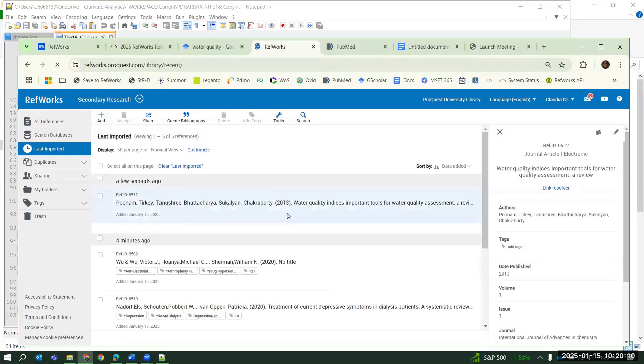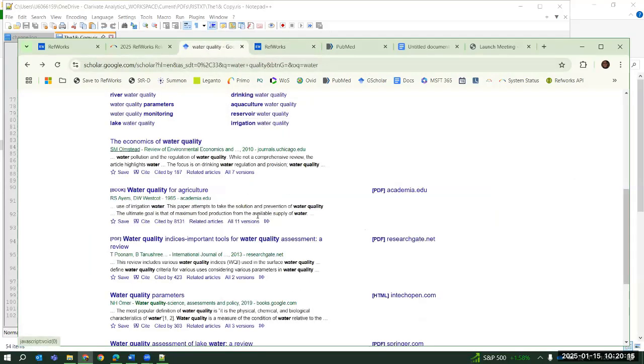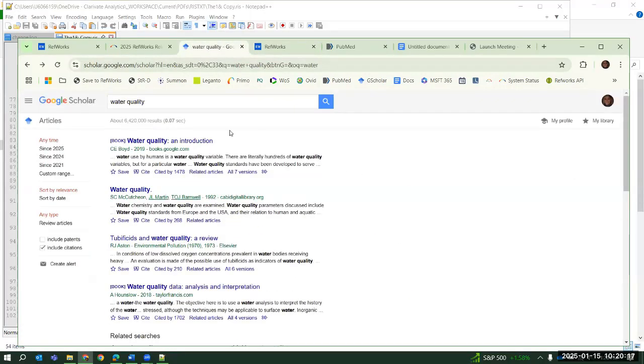And there it is. If you want to do multiple references from a site like this, and I'll show you this on other sites as well, you can use a Save to RefWorks tool. It's a JavaScript bookmark that you add to your browser, and I'll show you how to do that. And what you do is you're in your results list and you click on the Save to RefWorks bookmark, and